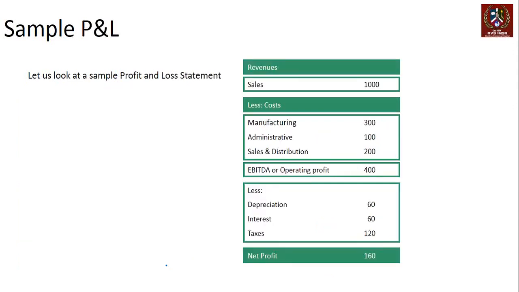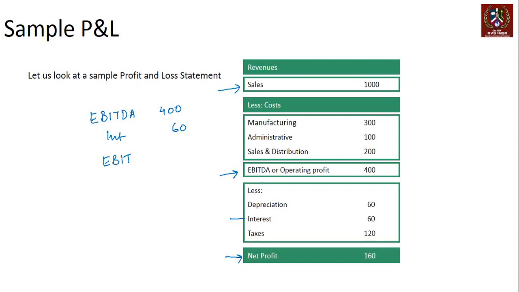The company also has a sample P&L statement which says that the sales of the company in this particular year are 1000. Then there is a manufacturing, admin, and sales and distribution cost, which gives us EBITDA or operating profit at 400. If you want, you can calculate other numbers as well. So we have EBITDA at 400. I can subtract the interest from this, which is 60 given here, and get what is called as EBIT, right? And so those numbers then come in, and then eventually we arrive at a net profit number here,